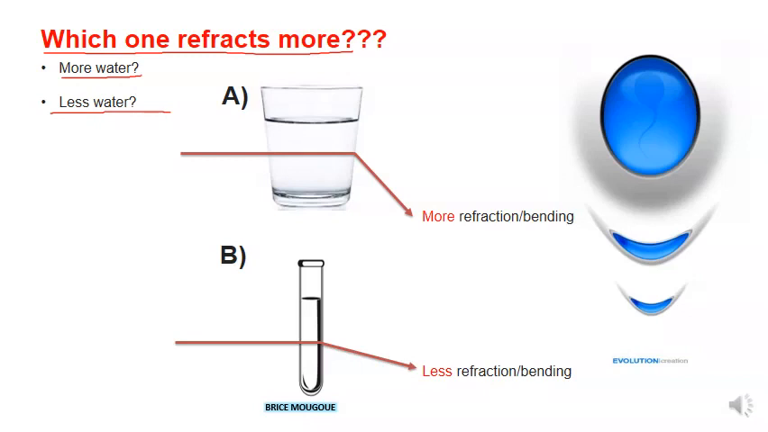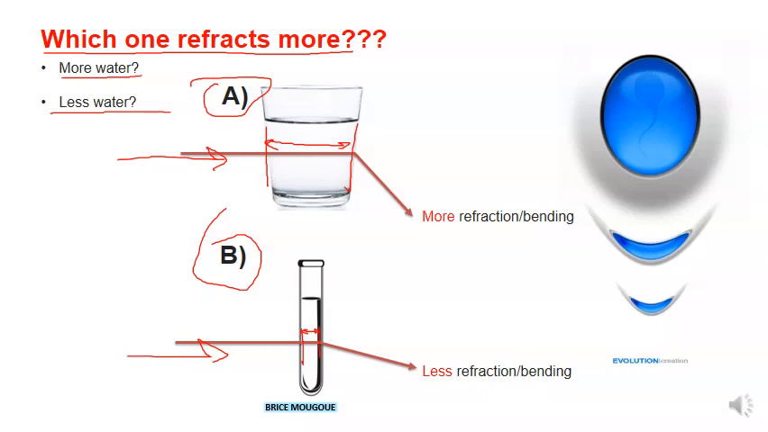So I have two scenarios here, A and B. In A here, I have a glass of water. You see the distance that light travels as it passes through the water. The distance is from here to here. I'm sure this distance is longer than what we see in B here, where the light will have to pass from here to here. This distance is shorter. So I'm sure in the path of the light,